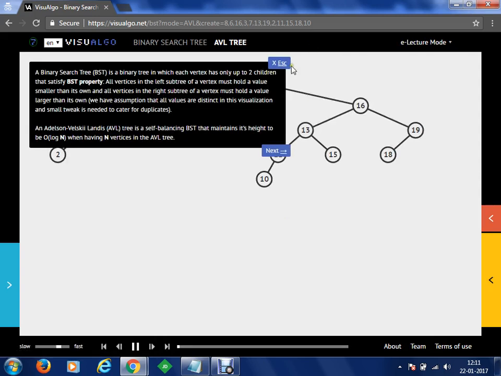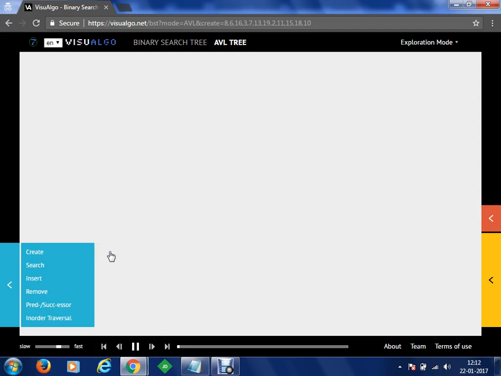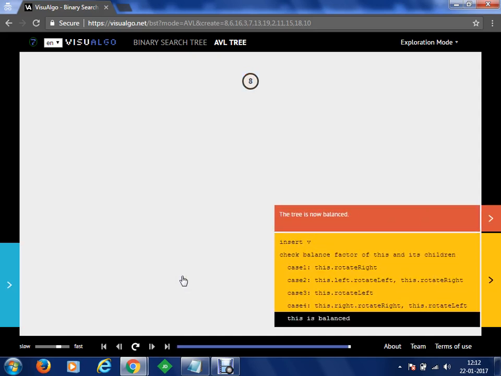First of all, we are going to understand the properties of a binary search tree. So let's say at the moment, let me put my binary search tree as empty. Now what we have to do is, first of all, let's say I would like to insert one element. I'm going to create a node and let's say it's 8. We have put one element and 8 has been introduced.